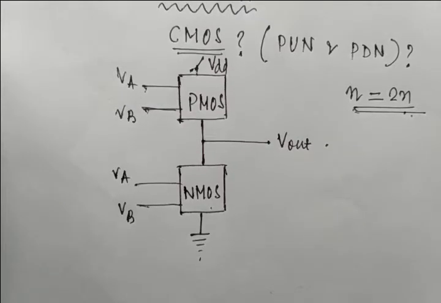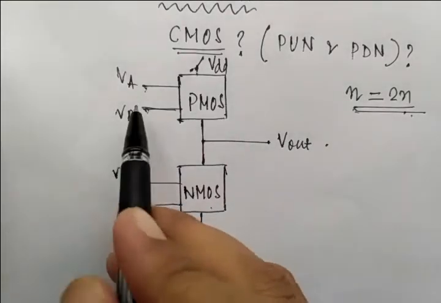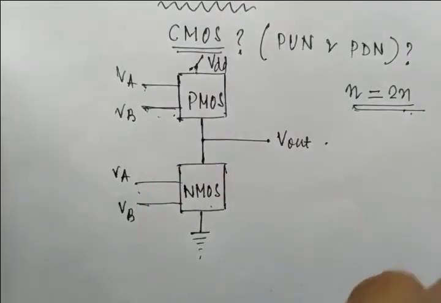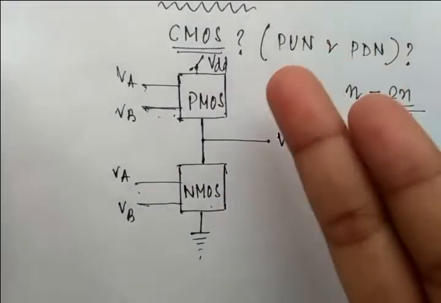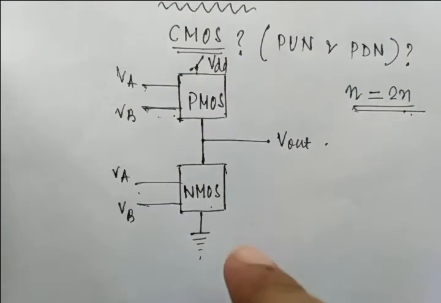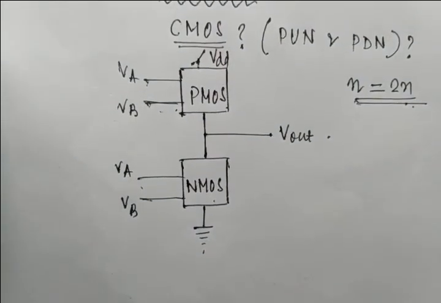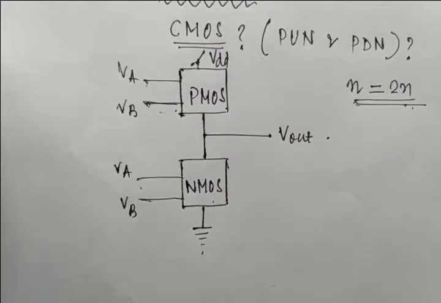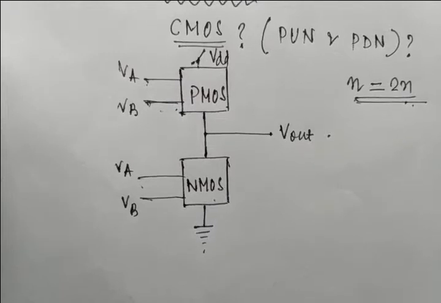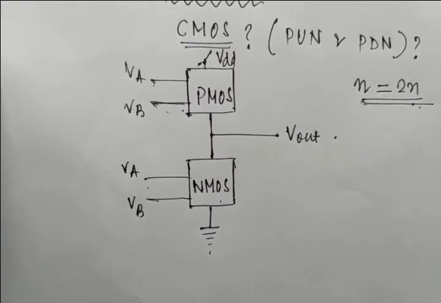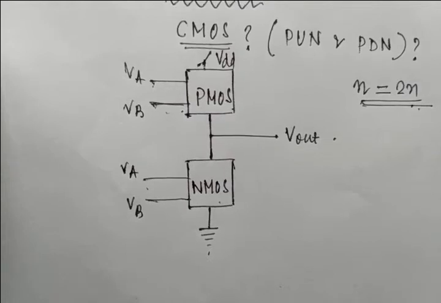But before going there, we have to know that here I am using two inputs. So for 2 inputs, we require obviously 4 MOS, meaning 2 NMOS and 2 PMOS, 2 N-channel MOSFETs and 2 P-channel MOSFETs. Clear? And if the number of inputs is increasing, the number of MOS will also be increasing. This is a very general visualization that we are getting from this formula: with increasing number of inputs, the number of MOS will also increase.